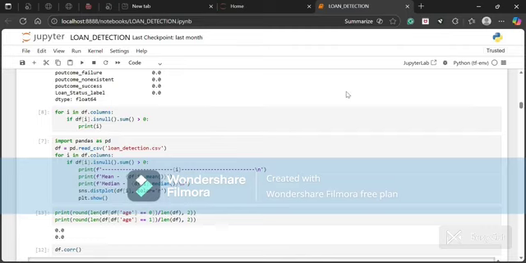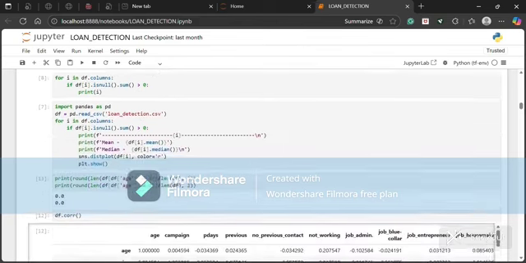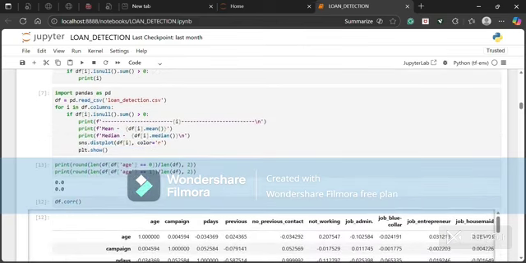Now in this section I have used a loop over df.columns using pandas. This loop checks every column for missing or null values. It prints only those columns which have missing values. And another thing I have used is the statistics concept as defined in the class. It is used to find the mean and median, and it also uses